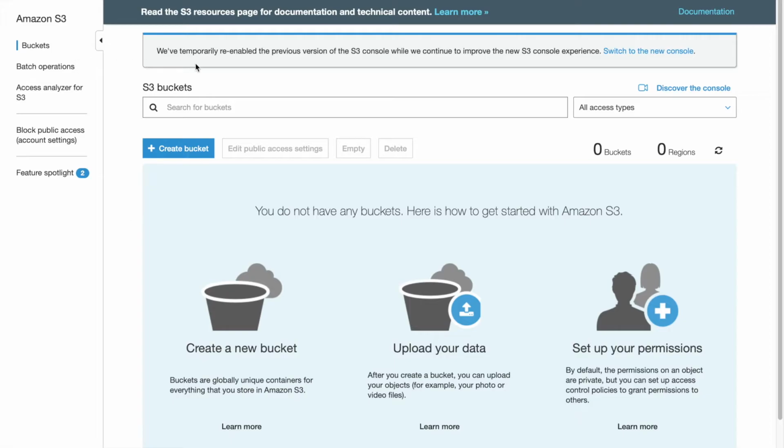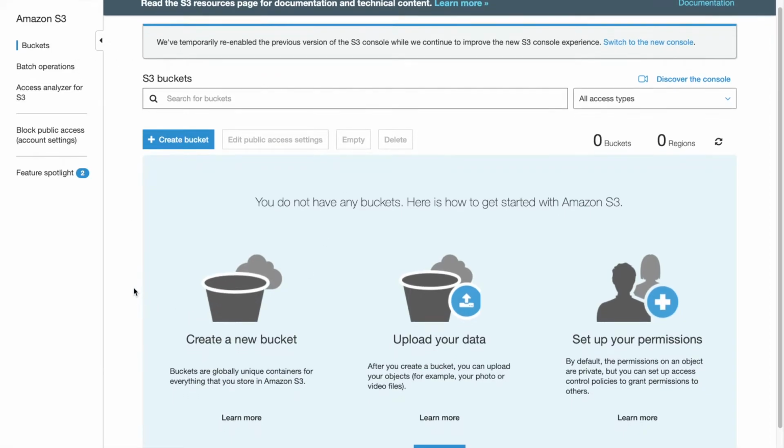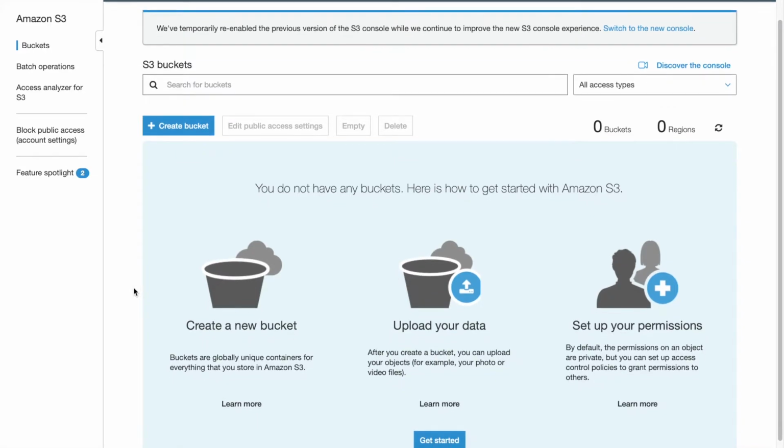And this is the basic S3 interface, and the first thing we need to do is to create a bucket, and inside that bucket we'll add our data, and then we'll set the permissions to that data. So let's create a bucket,